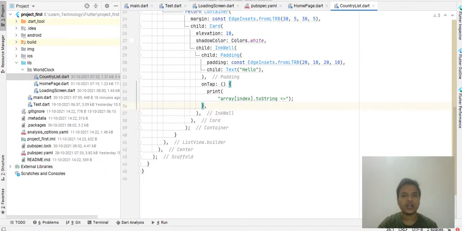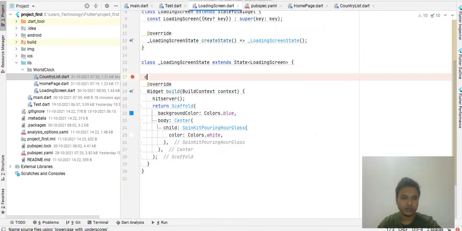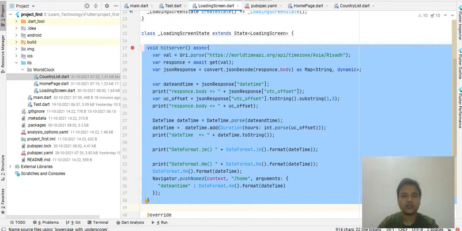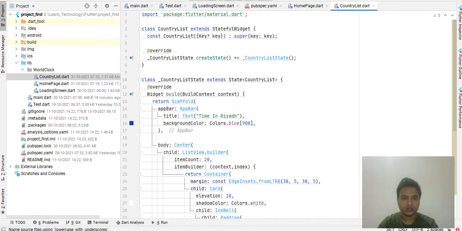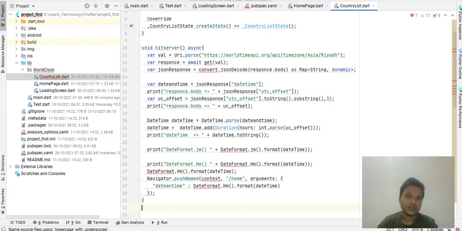For doing that, we have to do one more thing. We have to call our server again. So just copy and paste the code from here. I'm copying the full code. We do not need the full code, but I'm doing it to help you understand more. Go here and paste it here. Now let's change the name to full location.